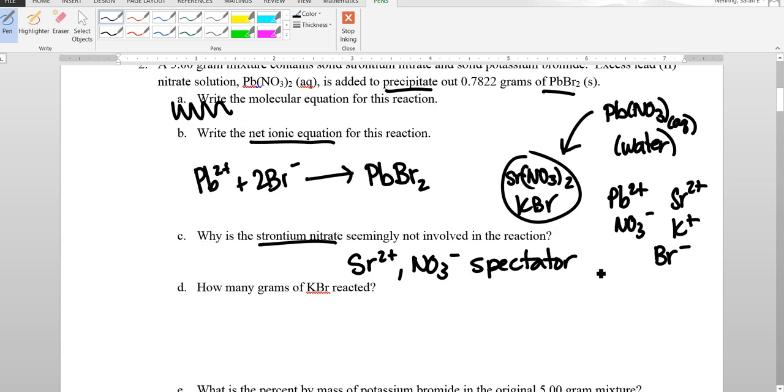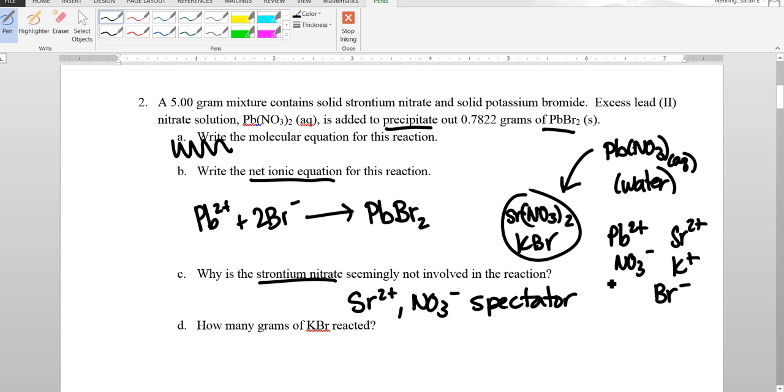So it's asking me how many grams of KBr reacted. So you have to look at the problem and say, what do I know? In this problem, I know that my original mixture here is 5 grams. I don't know the molar mass of this mixture, though, because I don't know what percentage is each thing. So I know it's got some strontium nitrate, some potassium bromide, but I don't know how much of each. I just know the total thing weighs 5 grams. So the only other value I'm given is that I have